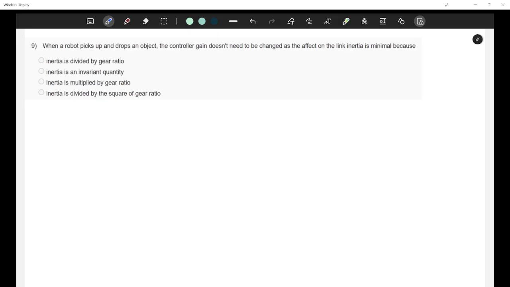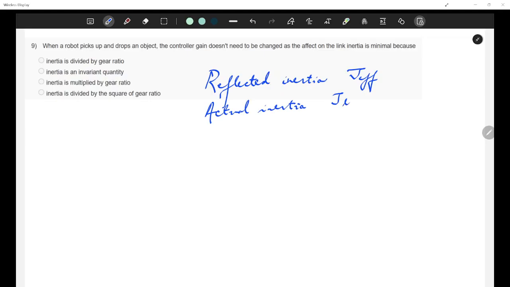Okay, so in robotic systems, gear ratios play a crucial role in determining reflected inertia of the motor. So what is reflected inertia? Reflected inertia of the motor, let's call it J effective, and actual inertia, which is J load. The relation between this reflected inertia and the actual inertia is given by J effective is equal to J load upon N square, where N is the gear ratio.